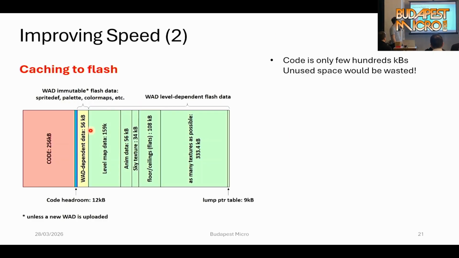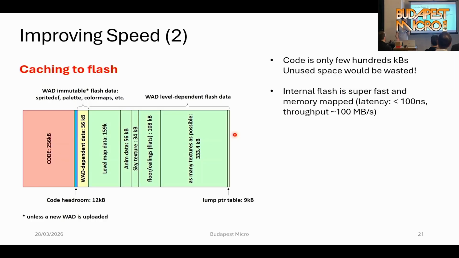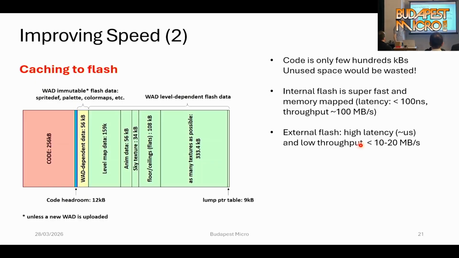So we have more than 750 kilobytes of flash, which would be wasted if not used. Also, this flash is extremely fast, especially compared to the external flash, because we are talking about 100 megabytes per second versus 10 or 20 megabytes per second. And the latency is at least one order of magnitude lower than external flash.